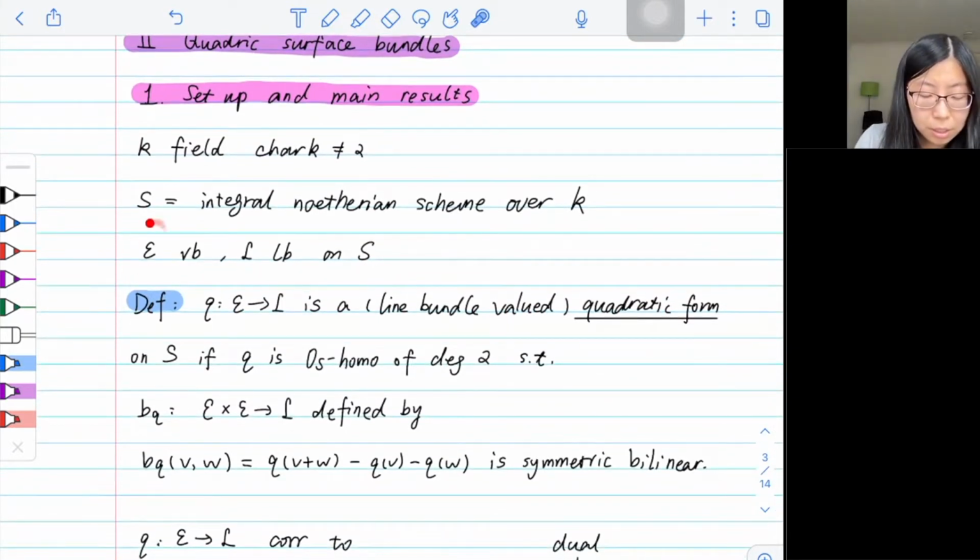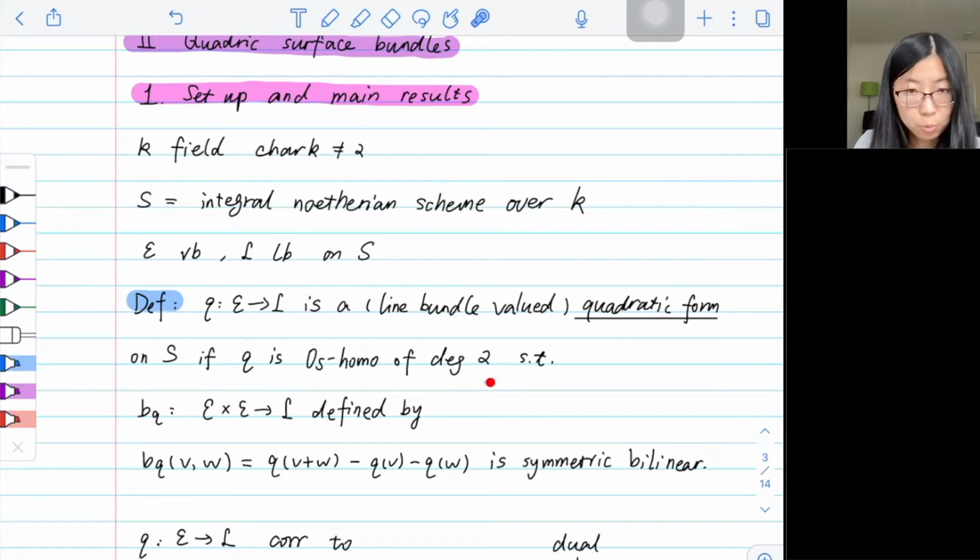And then we take E to be some vector bundle on S and L to be some line bundle on S. Just like the quadric hypersurface is defined by a quadratic form on vector spaces, for families, the quadratic bundles will be defined by quadratic forms on vector bundles with values taken in line bundles. So here, we say Q from E to L is a line bundle valued quadratic form on S if Q is